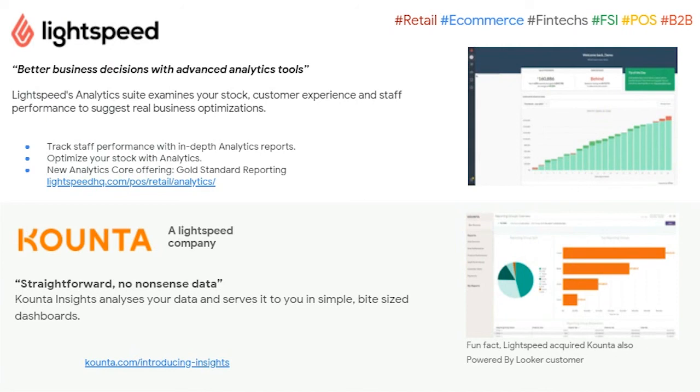And for my last example, two customers I really love and enjoy working with. Actually, I work personally with Counter. They are in Australia, a POS company acquired by Lastbeat, also a LUCA customer. Both companies that are in the same family are using LUCA. And I found them to use LUCA at its maximum potential: self-service exploration, KPIs, alerts, scheduling, mobile application, and providing so much service to the end users. So again, I just wanted to give some light to you embedding LUCA, because it's all about building your product on top of our platform. And I really thank them for putting trust in us to fuel their next generation product.